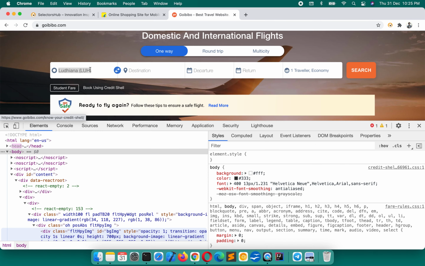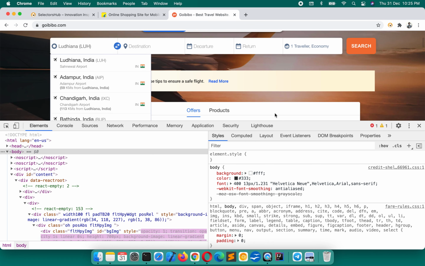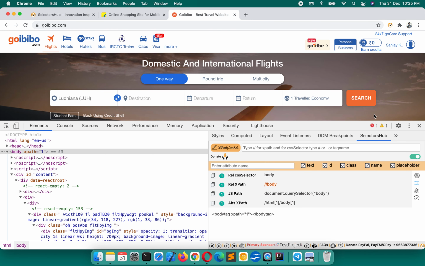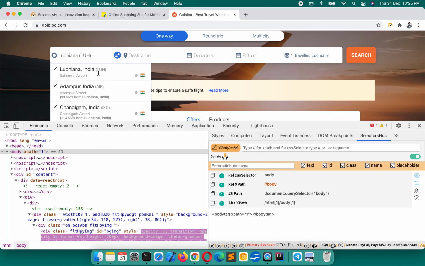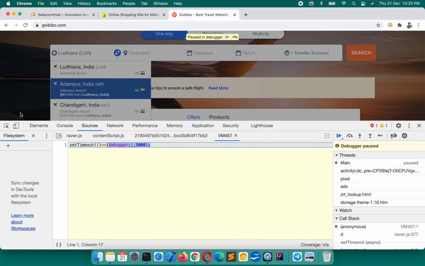One more drop down which we have seen is this one. We can neither copy by right click through SelectorsHub, nor inspect through this one. This is really tough, but SelectorsHub has solved this problem as well. Open SelectorsHub here, turn on this debugger, and now type anything, so your drop down is here. Now it is on hold.